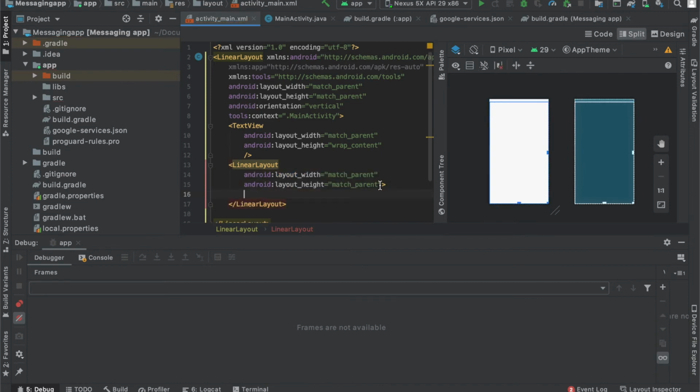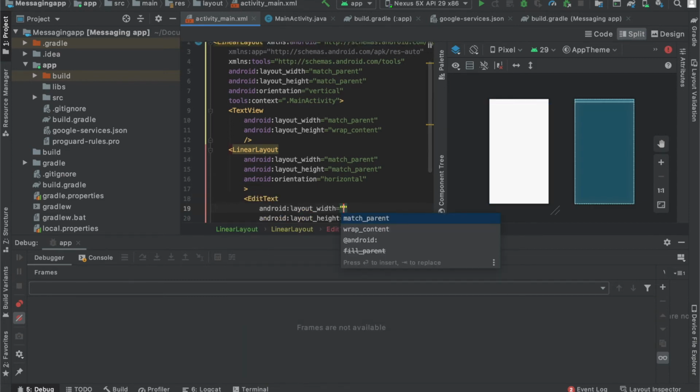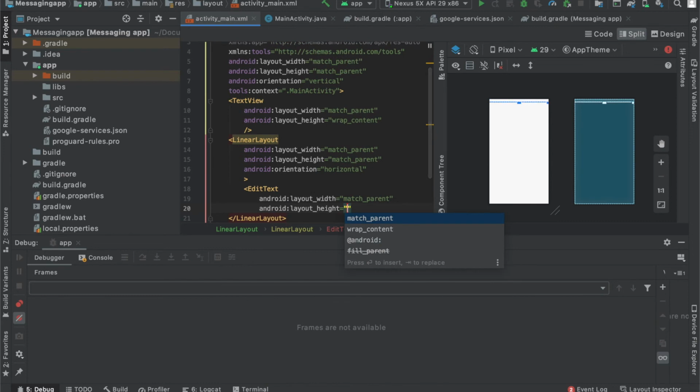Now after that, we're also going to add orientation here. The orientation is going to be horizontal. Now in here, we're going to add an edit text because that's where we'll be typing a message. So again, just add it. However, we are going to change it according to the weight later on. So there's going to be wrap content,